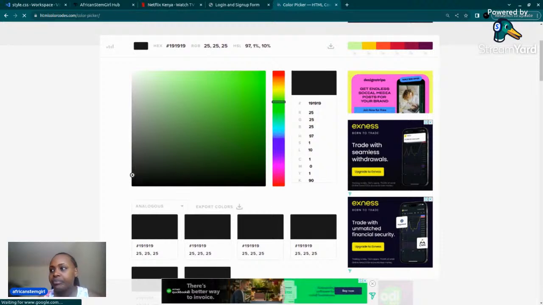After I have that, I will see several options here. I'll see RGB, and I'll see a hashtag with some numbers. This hashtag, we call it hexadecimal. Just like how a shape that has 6 sides is known as a hexagon, here we also have a hexadecimal number. So I can just capture that,